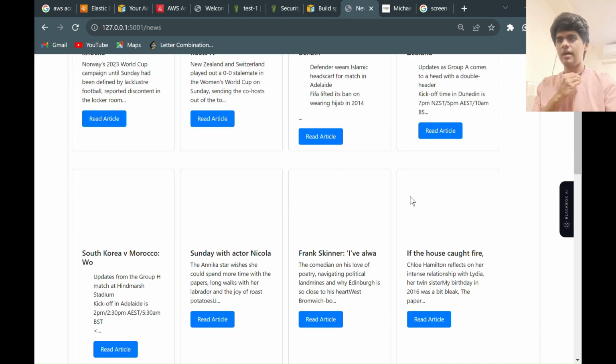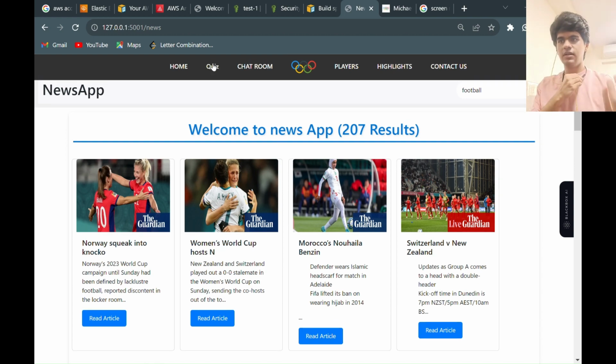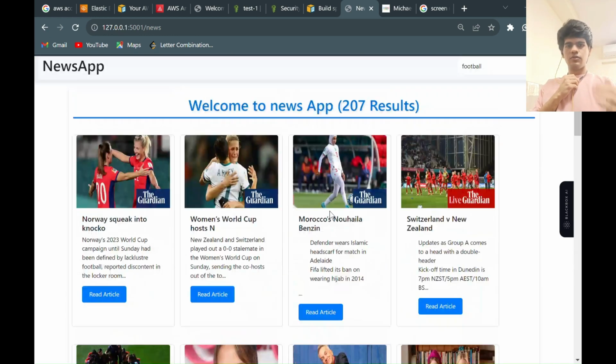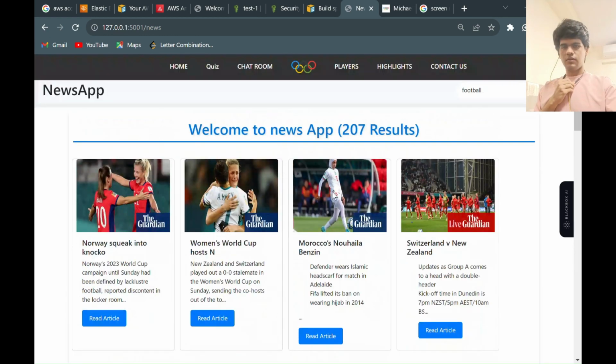Once the search is performed, the app dynamically loads and displays the news articles in an eye-catching grid layout. Each article contains a captivating image, a title, and a concise description of the entire article, so you don't need to read for hours and hours relying on the news websites.